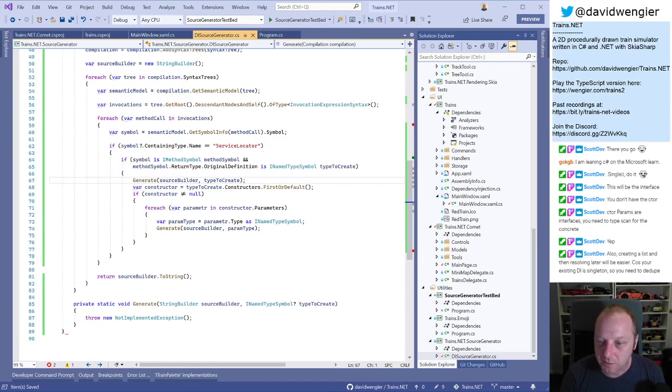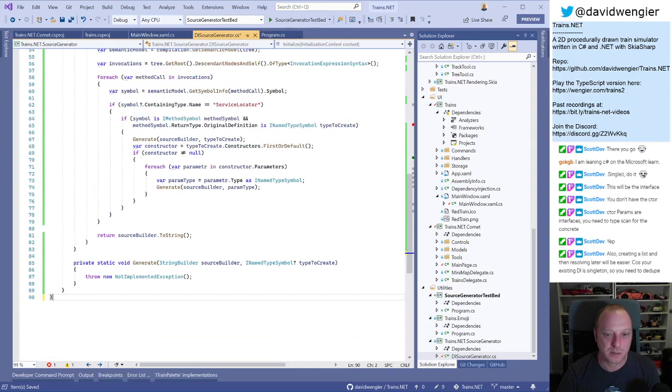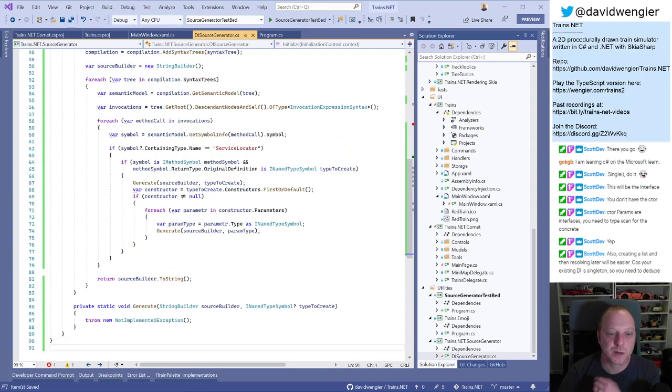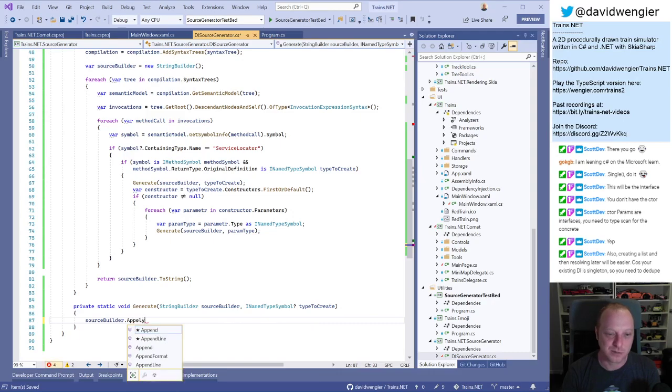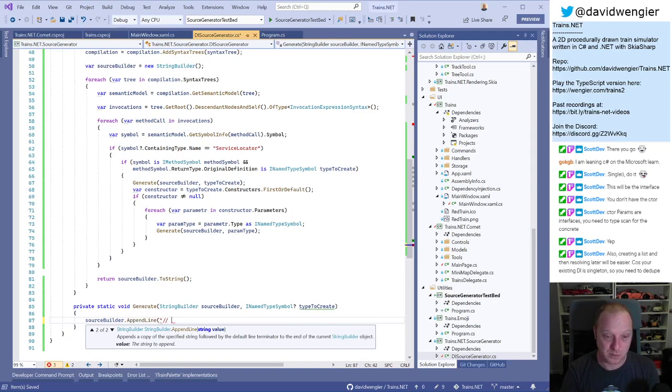Happy? Good. Creating a list and then resolving later will be easier because your existing DI is singletons you need to do. Yes, I will definitely need to do that at some point. Yeah, so what I'm thinking is this generate method is generate stuff for a type, which would include adding to a list or a dictionary or whatever. But because we're getting close to time, this took way longer than I thought to do anything. I want to just do this and just see